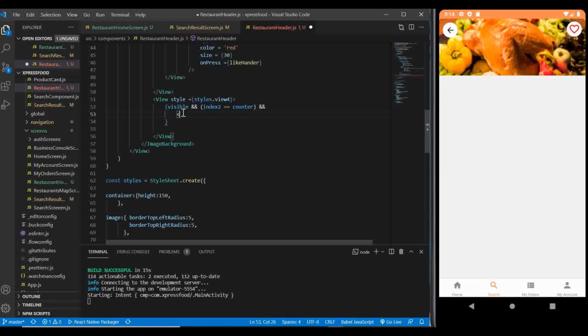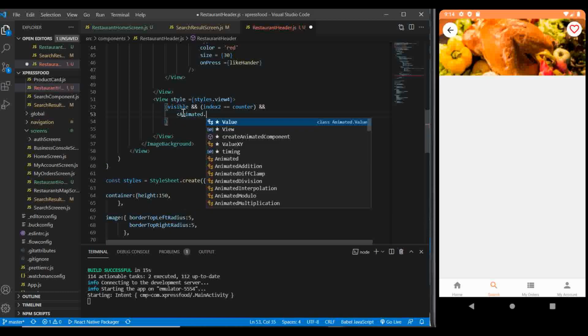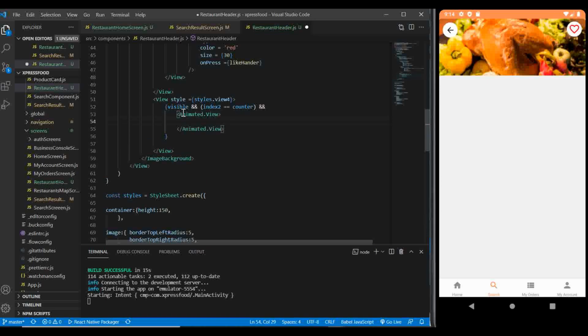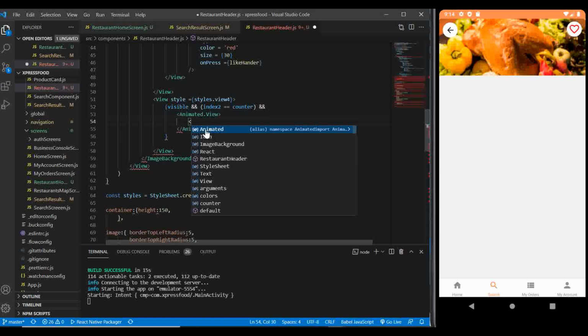So we're going to first say Animated.View, then close the bracket, and then inside here we're going to pass the icon,